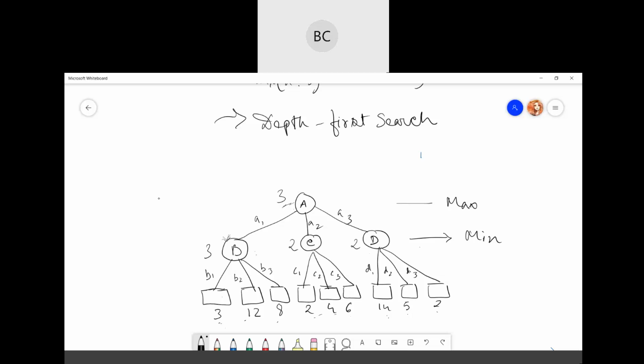So the best move will be from here to here. This will be your optimal way for max to win the game.